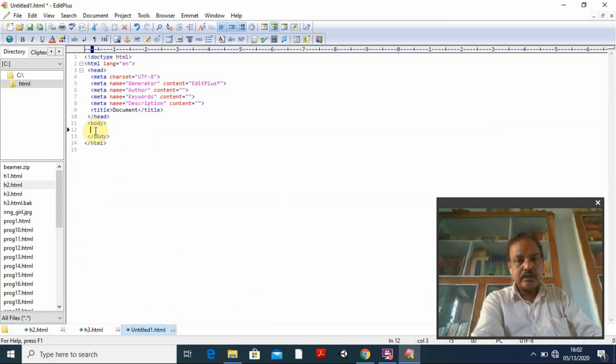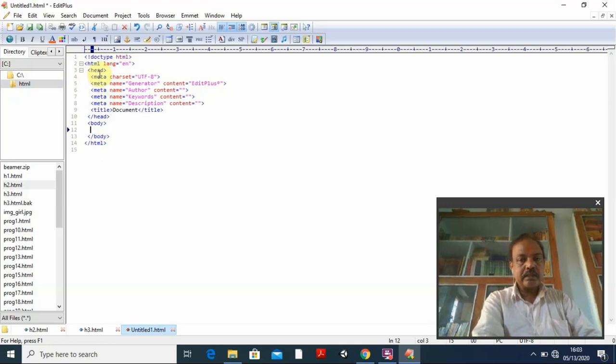So directly you are here in the body and you can write something. In the previous program, we typed all the things, but here there is no need to type anything. The first one is the start tag, exclamation mark DOCTYPE html. This will be there by default, so the browser will understand the document type is HTML. Then we start the html tag and close it here, and the language is lang equal to, by default English, in double quotation marks, en.